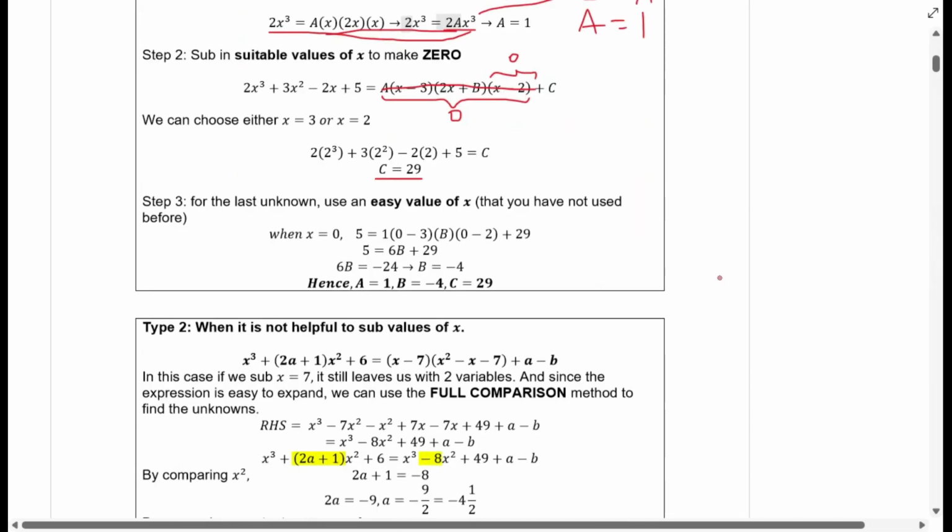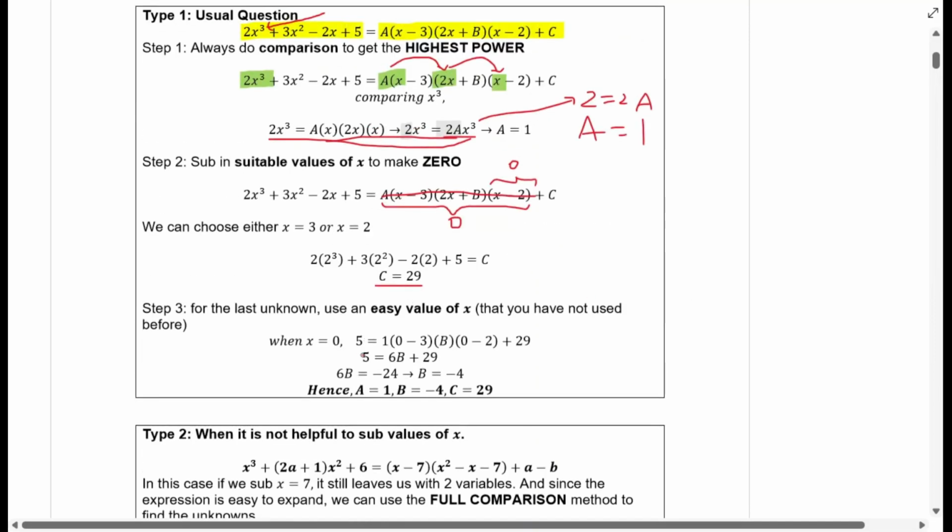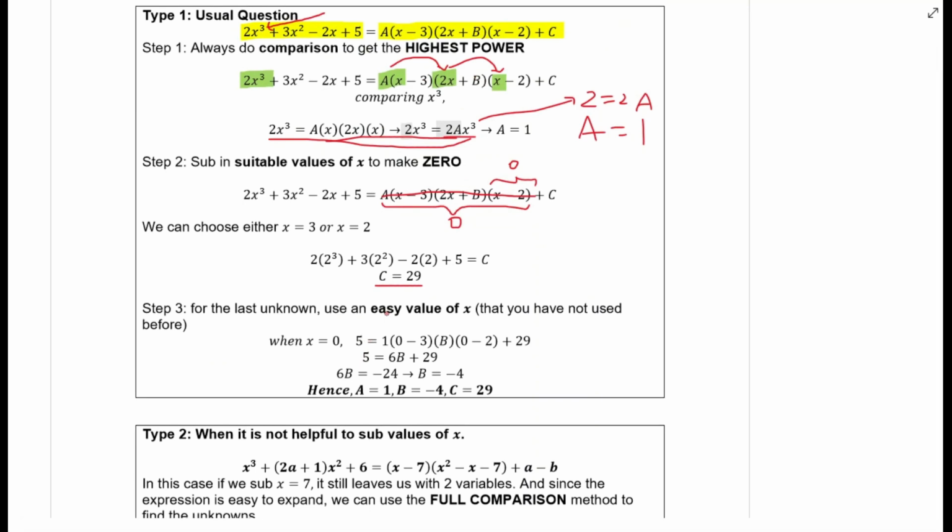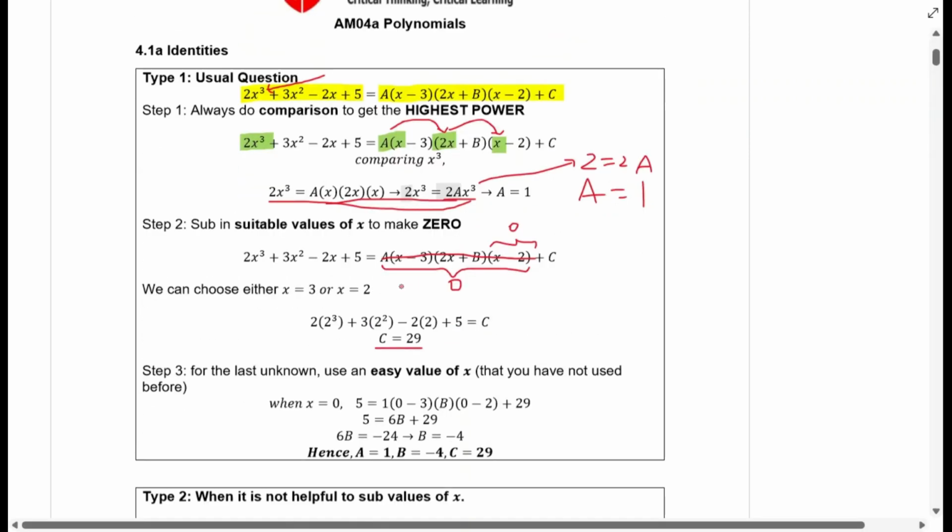Okay, now moving on to the last step, we will get an easy value of x. We'll sub in an easy value of x to find our last unknown b. Now an easy value of x just means you want a number that is easy to handle. So in this case, it will most of the times be 0. So you sub x equals to 0,